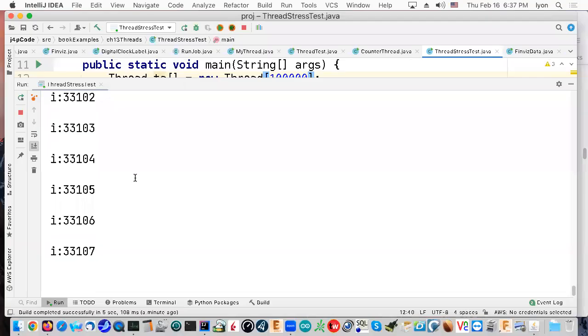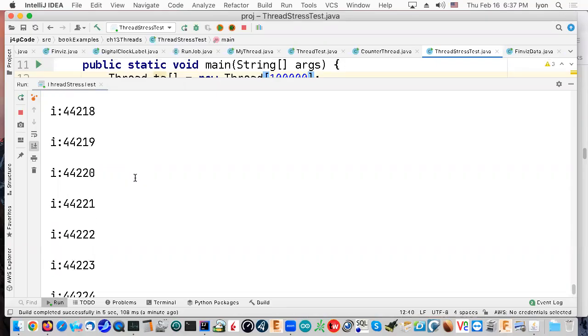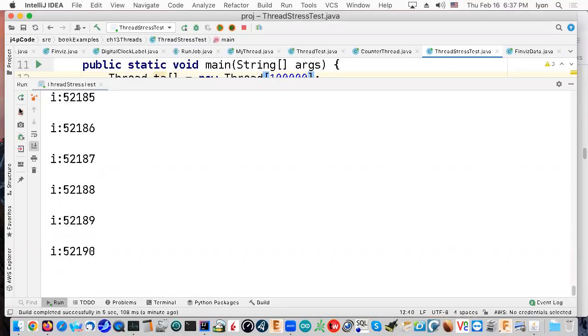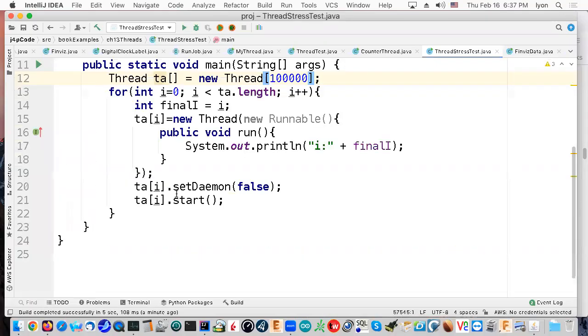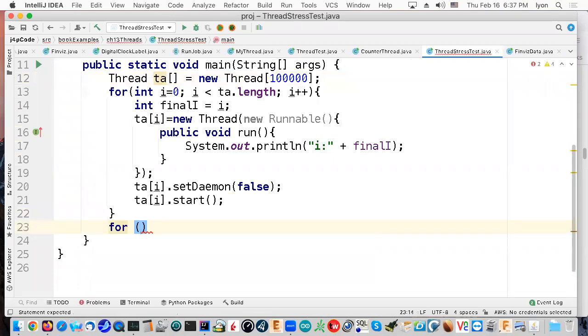I mean, this thing is doing great. But you can see what happened. I started each thread as I went. Now, if I didn't start the threads as I went, if instead I ran a separate for loop after creating all the threads,